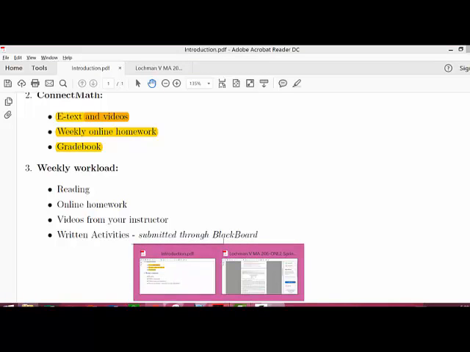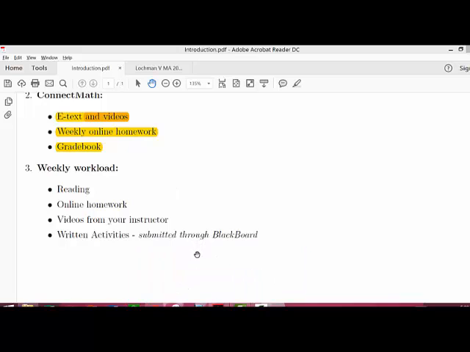Okay, it is up to you guys to read the book and make sure that all of the material is covered. Some of the sections will be pretty easy. The first 3 sections are really not difficult. Once you read the textbook, then you can go ahead and start working on online homework. So that's the recommended order of what you should be doing: reading, online homework, and then